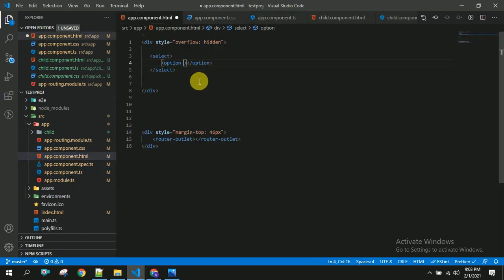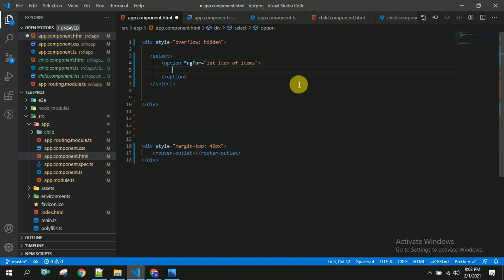For this I am going to use ng-for directive, let item of items, and I want to show a name from this item, item.name.